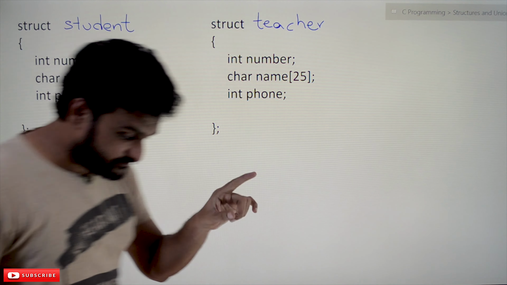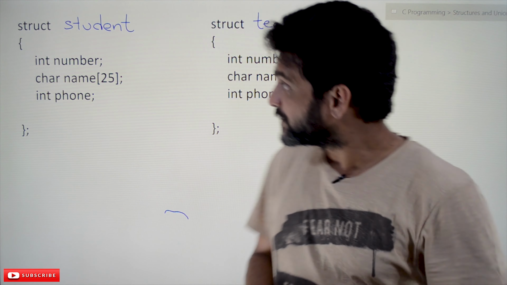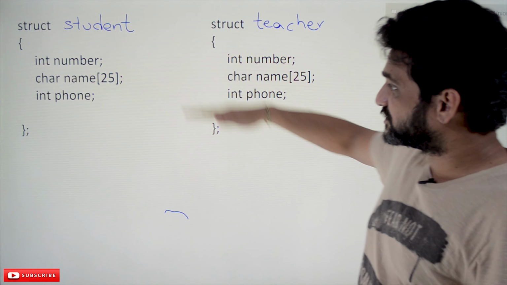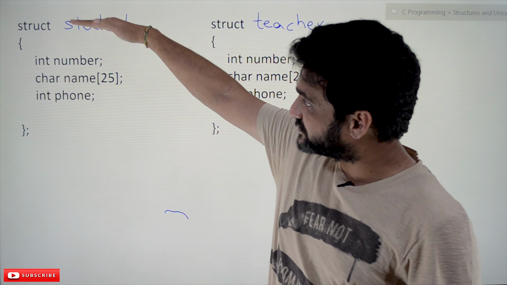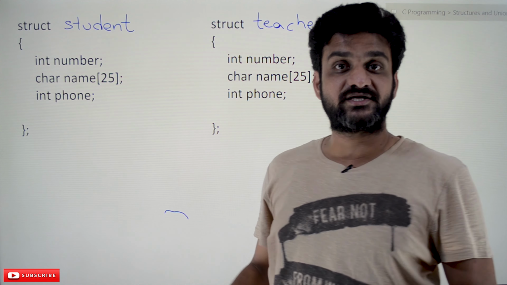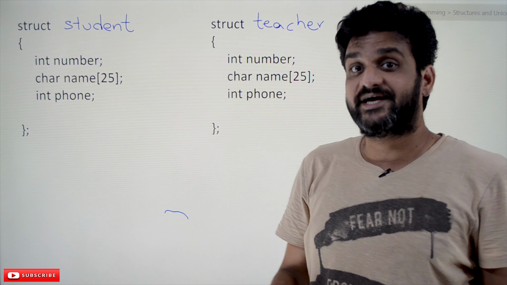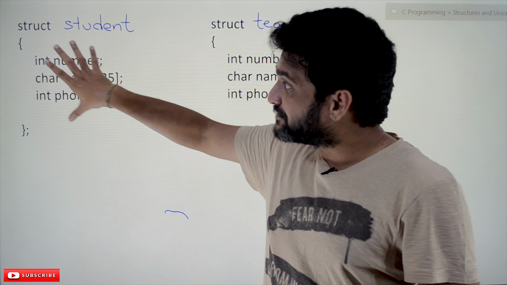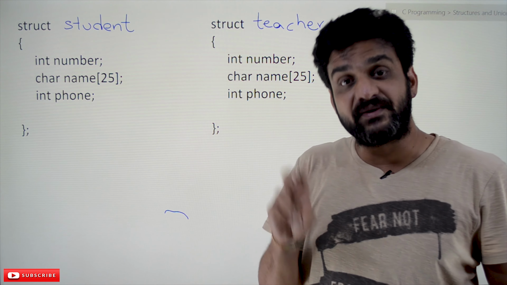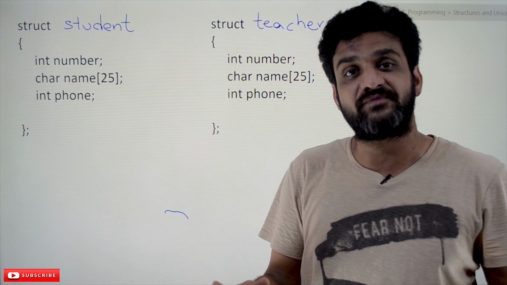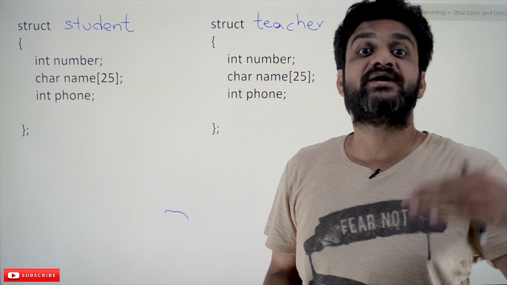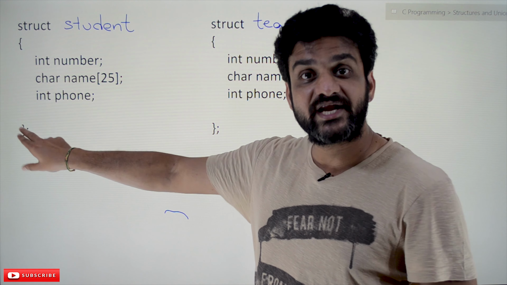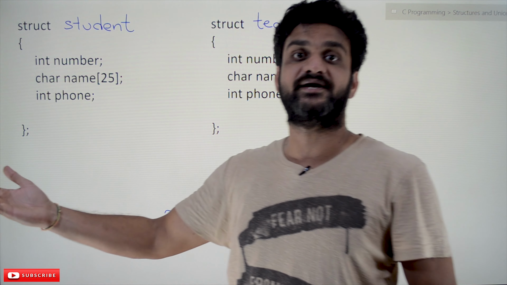One more very important point we have to understand is that after executing these lines of code, both these structures, one after the other, the memory will not be created. This is a very important point to understand. After executing this structure, the memory for this structure will not be created. The memory for any structure will be created only if the variables are declared. We haven't declared any variables here. The variables are yet to be declared.